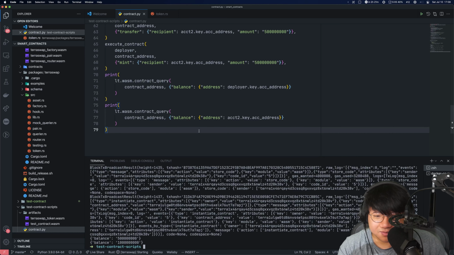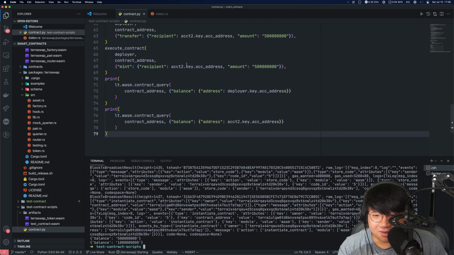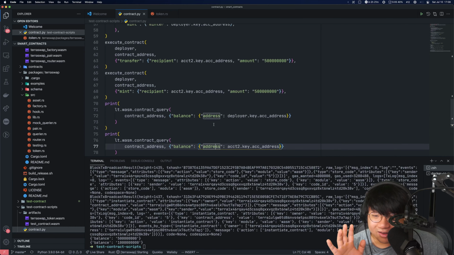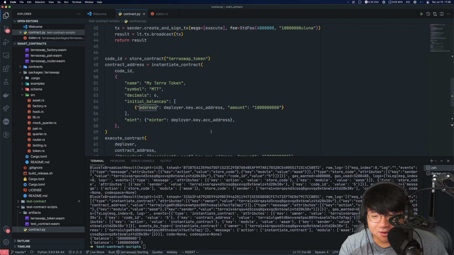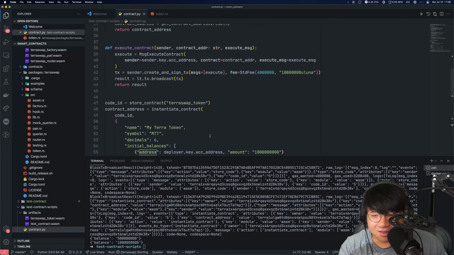All right. Well, actually I gave the account to the balance, so that's why it has 100 million units, or 1,000 or a billion units. Okay, so now we set up our own token. Let's see if we can do this on the testnet.